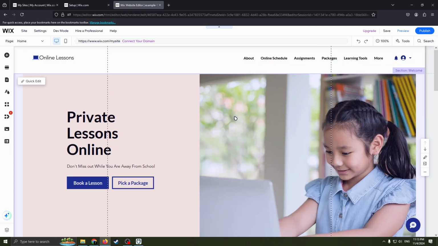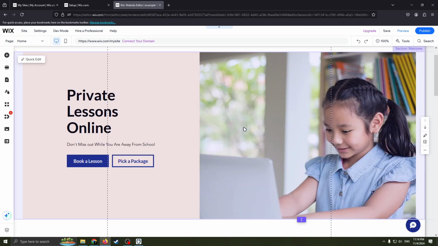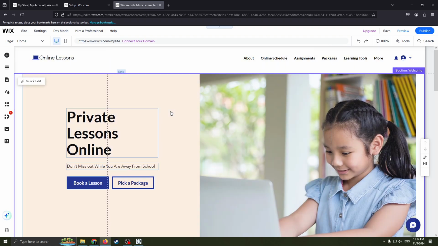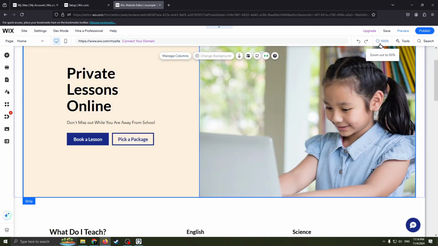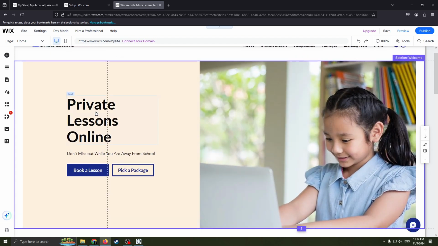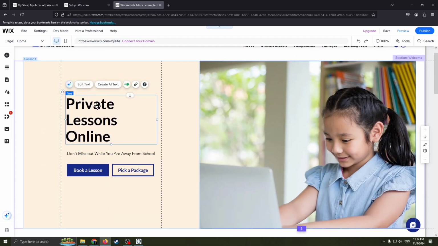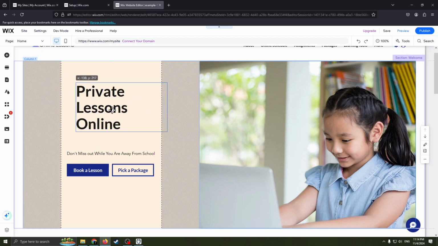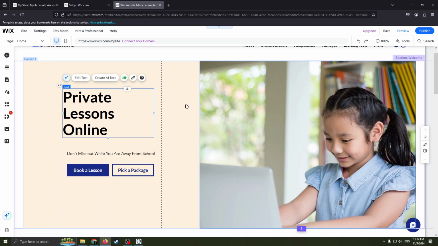And if you want to edit this specific section, for example the welcome section, you need to double click on it or click this button, quick edit, like this. And now you can edit this section. You can move the text, you can change the size of the text, double click on this or click this button, edit text,